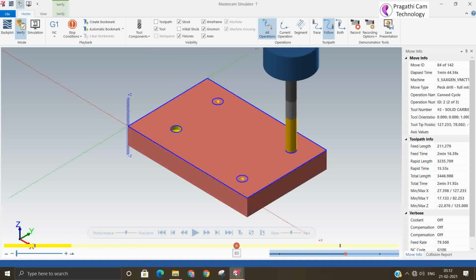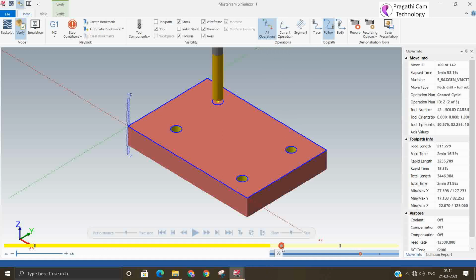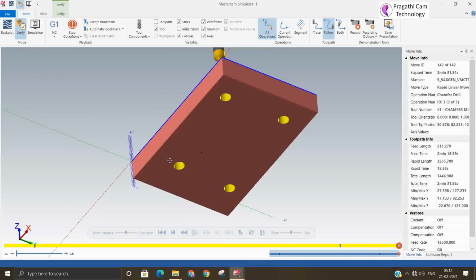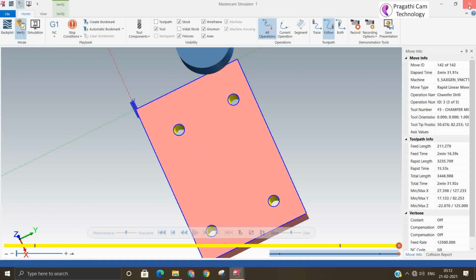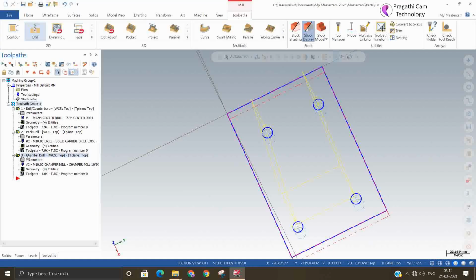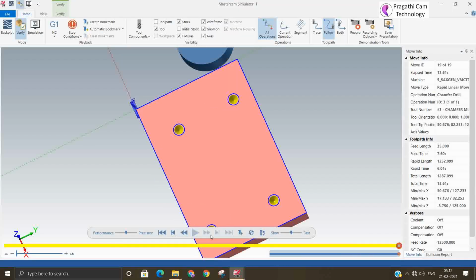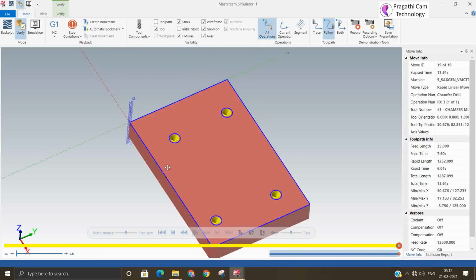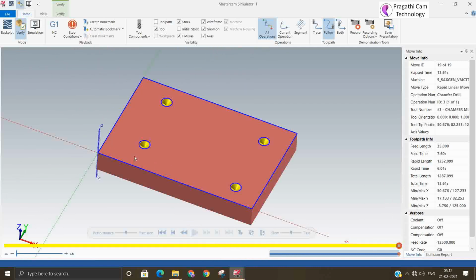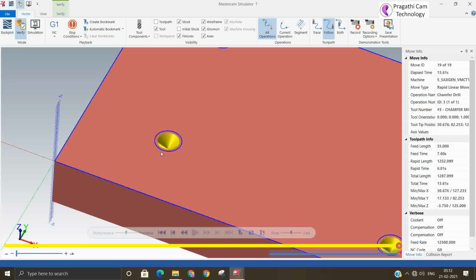Let us see. So now the question is whether the chamfering is happening or not. There is doubt, so I'll select only the chamfer for making the simulation. Yes, chamfering is happening, but the diameter is less. So the chamfer is less.